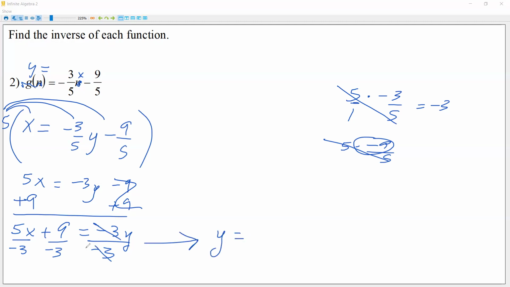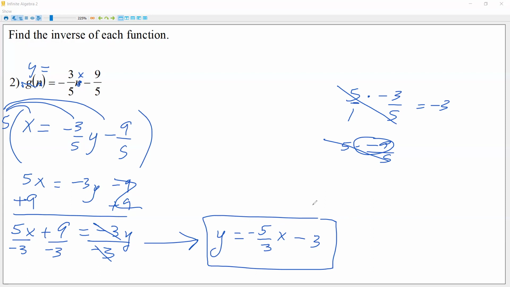y equals 5x over -3. So that doesn't reduce, I've got -5/3x is how I would write it. You might see it as -5x/3. Those are equivalent, so either one's good. And then 9 divided by -3 is -3. And so this would be your final answer, although you might